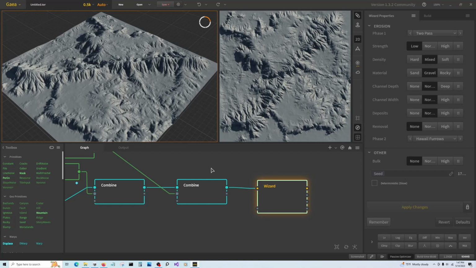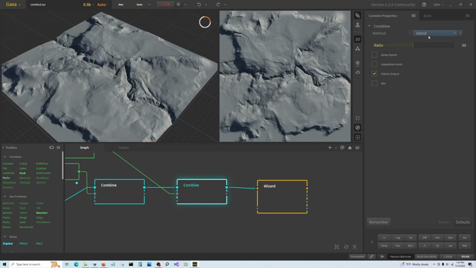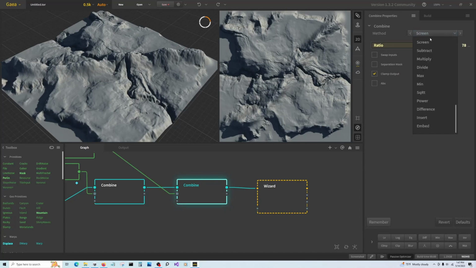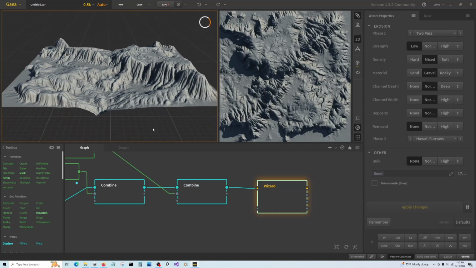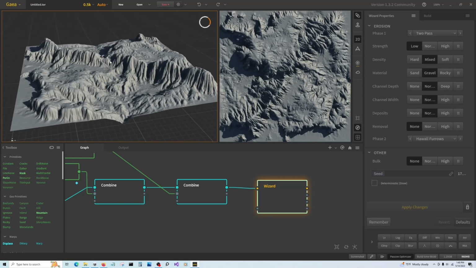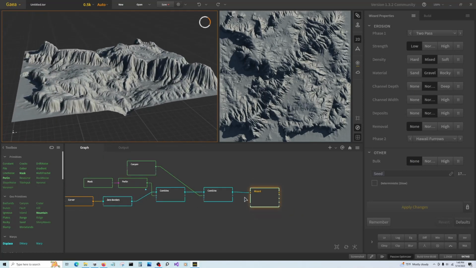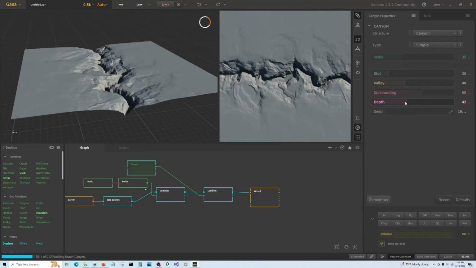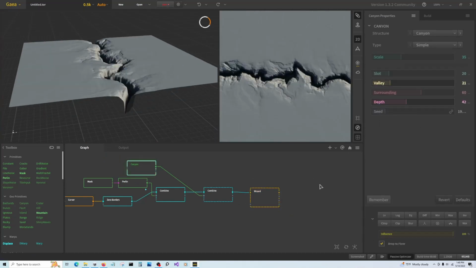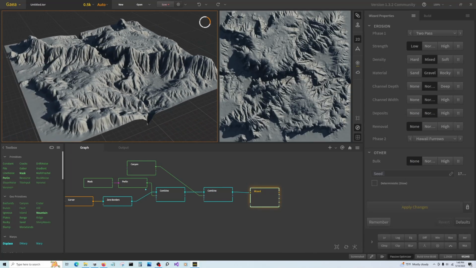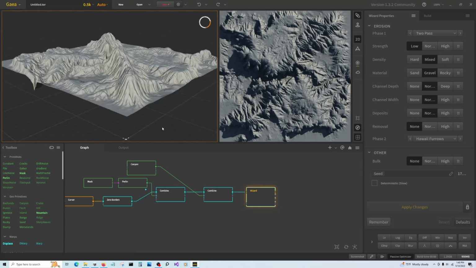And if we're not happy with our canyon, we can screen. Let's see if screen is the one. That's created more of a step situation. Let me increase the depth and reduce the valley, and see if that works. So now there's a canyon that cuts through. That's kind of crazy, but